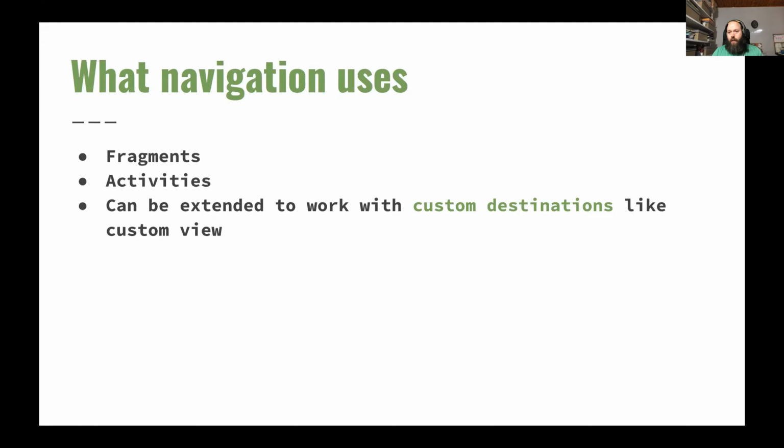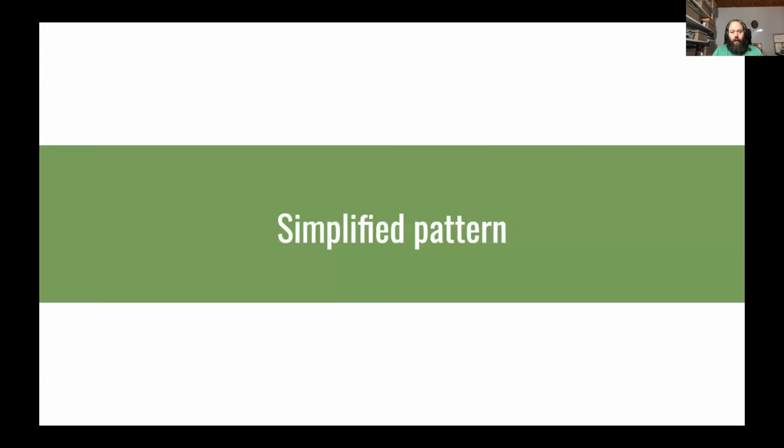My most useful advice is to use the one activity method. So you have one activity with one navigation graph, and then all the destinations inside it will be fragments. But if you need, you can have even more activities, each with its own navigation graph, and then you can have a more complex navigation.